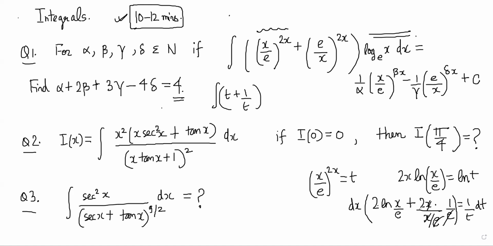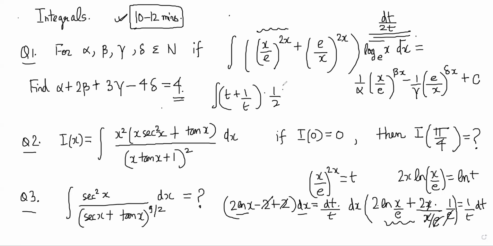Check again. So look here, 2 ln x by e, that is same as 2 ln x minus 2 plus 2, right? dx is equal to dt by t, right? Yashwant, are you understanding? Yes, sir, I'm understanding it. So you are getting 2 ln x dx is dt by t. So ln x dx will be dt by 2t, right? Yeah. And here inside now you have t plus 1 by t and there is a half dt by t,